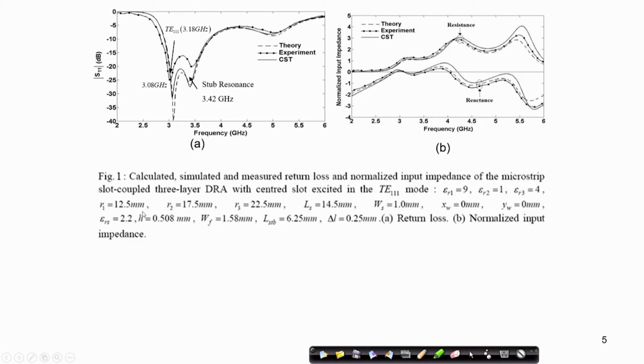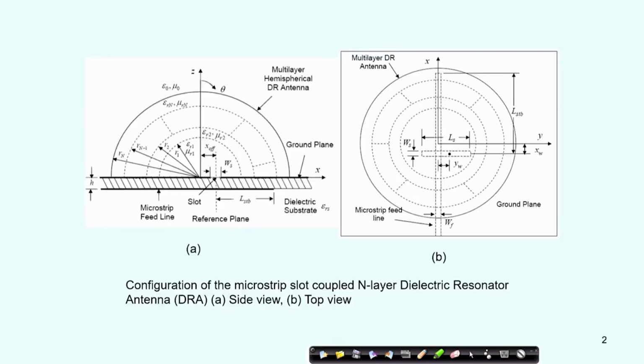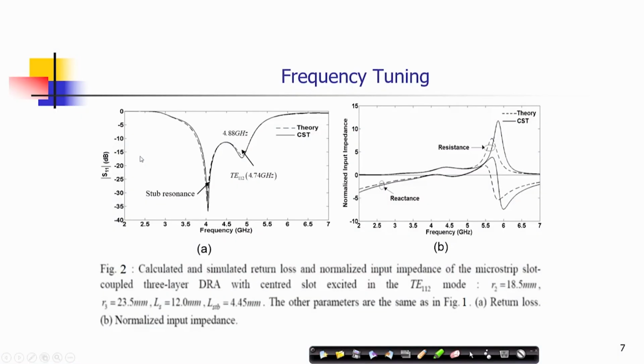The R1, the inner layer radius, is 12.5 millimeter, the radius of the second layer is 17.5 millimeter, and the third layer radius is 22.5 millimeter. So, if you go back to the figure, you would be able to see the radius. R1 is here, R2 is here. So, from the center to here, and from the center to the n minus 1th layer is R n minus 1. So, now if we go back there,